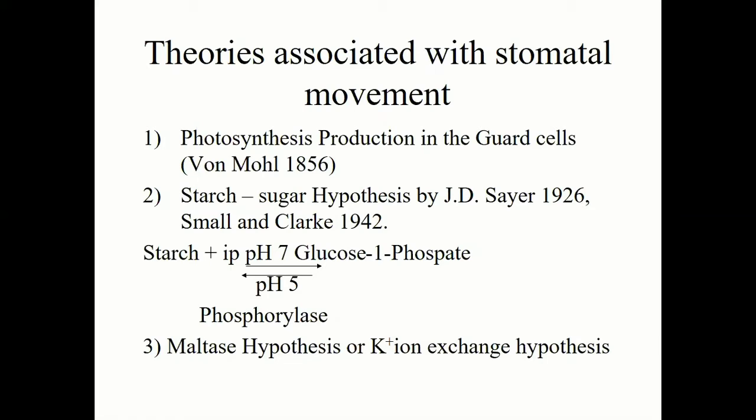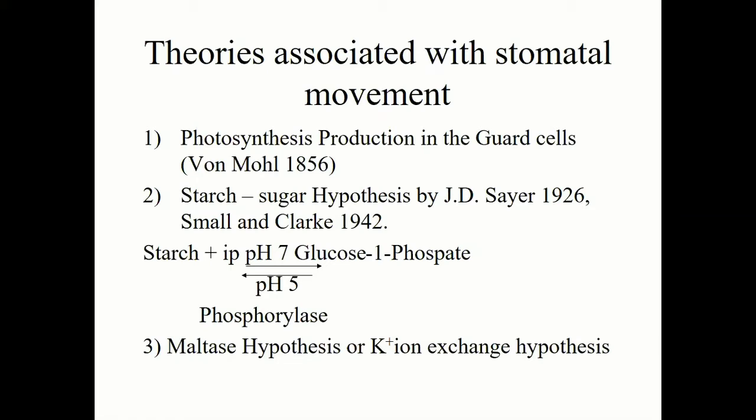Okay, so as per this hypothesis, they also explain how the guard cell becomes closed. They explain that at night, or when there is no presence of light, during the dark period, photosynthesis never occurs in the guard cell. Because photosynthesis does not occur, the concentration of the guard cell decreases, and due to this decrease, water moves from the guard cell into the subsidiary cell, and because of this movement, the guard cell becomes flaccid.